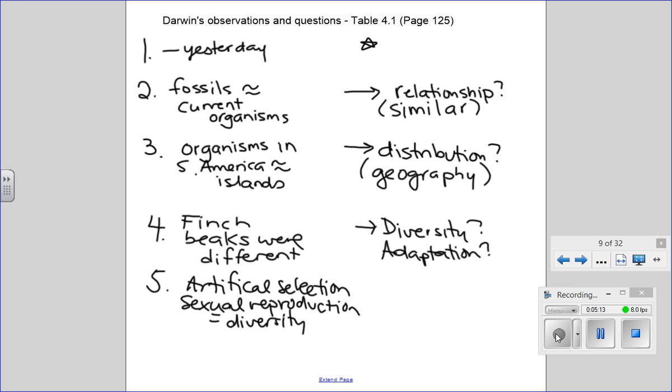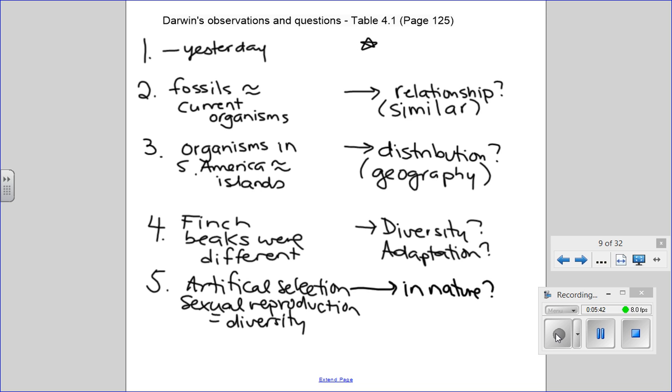So, for example, he knew that if you wanted a particular type of dog, you could mate these two dogs together and this would give you the type of dog that you wanted. Same thing with flowers. We knew at this point that parents could pass their traits on to offspring, and we also knew that if the two parents were different, then the offspring was likely to have some other mix of characteristics. And he wondered,